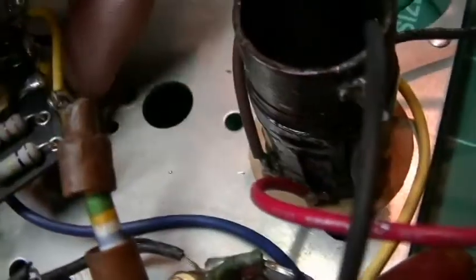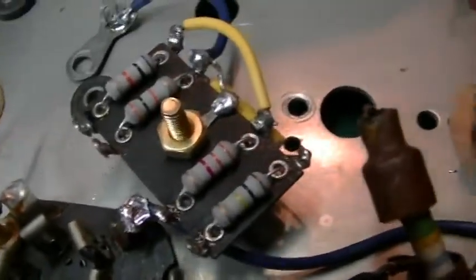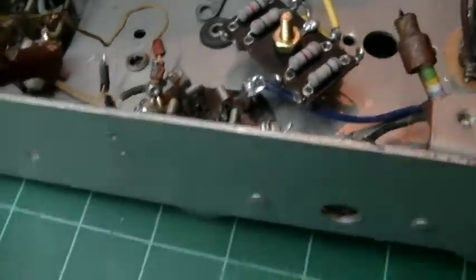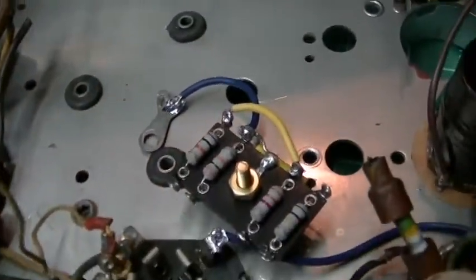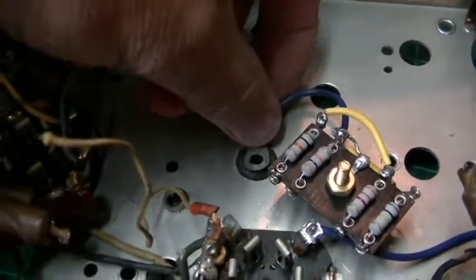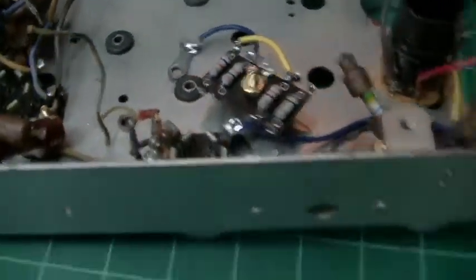There's also a capacitor down here. It's a 0.05 cap, and I just put a 0.047 in there. So anyway, once I get these terminal boards or strips, they're actually little boards, but put those back in, I'll reinstall the tuner, which is over here,